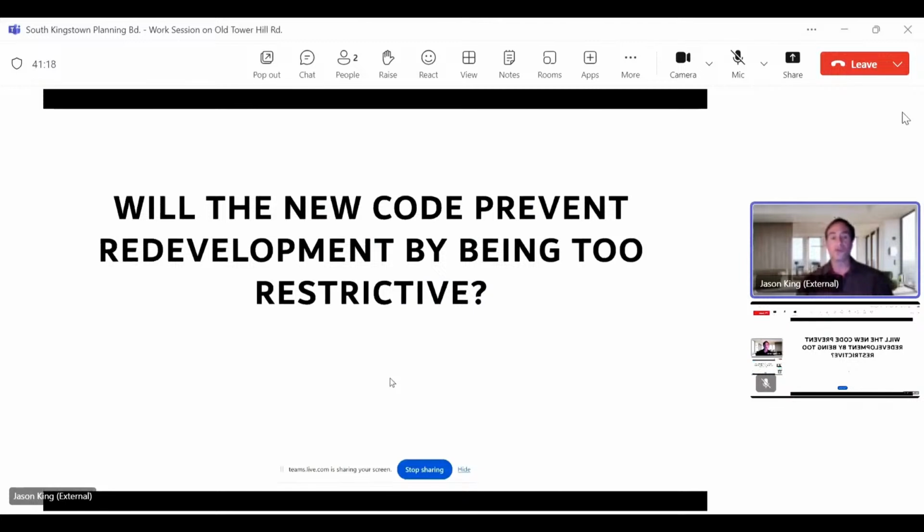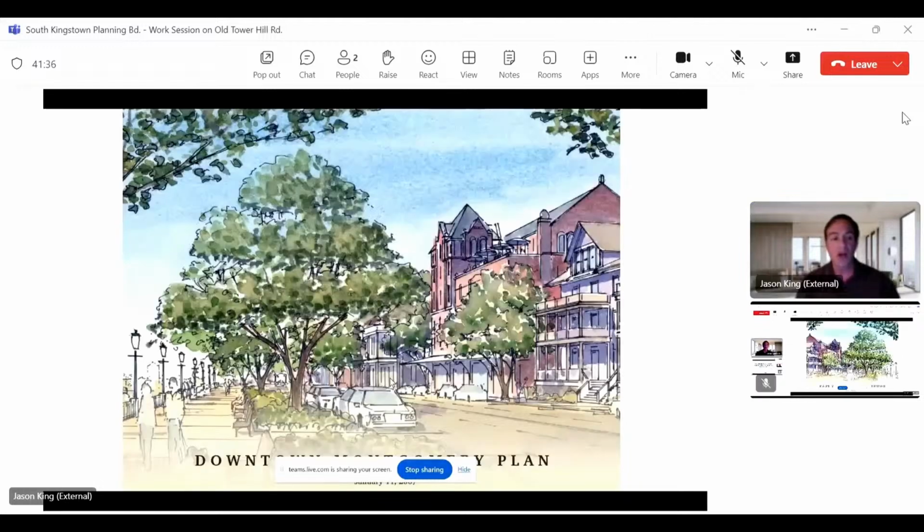Anyway, so we didn't go that far. We didn't touch the single-family residential areas that are around Old Tower Hill Road. We colored within the lines, and we stayed within the highway commercial area. So just slow down over here. Will the new code prevent redevelopment by being too restrictive? I want to tell you about